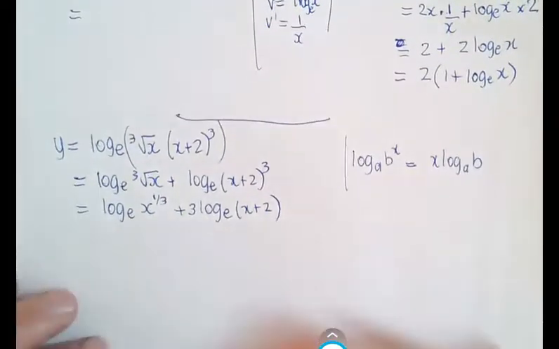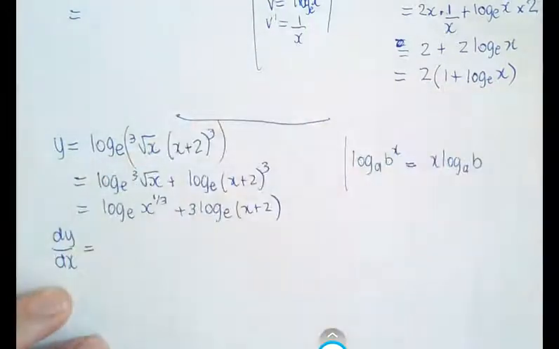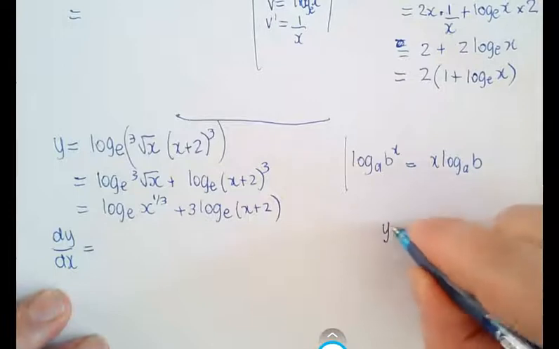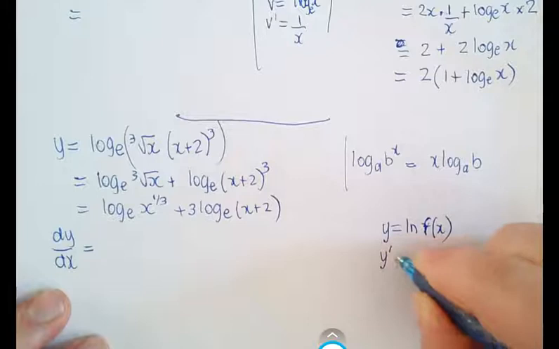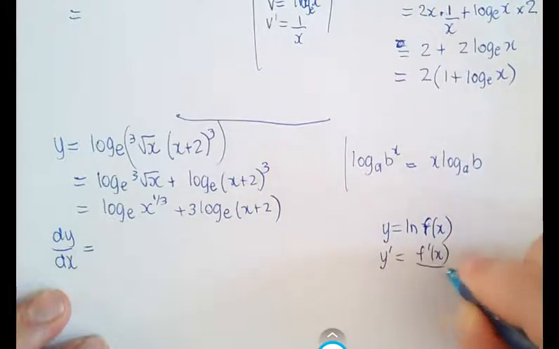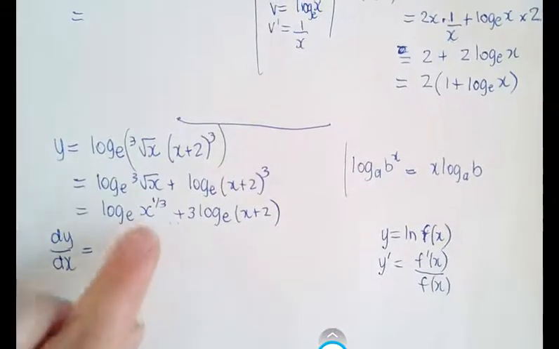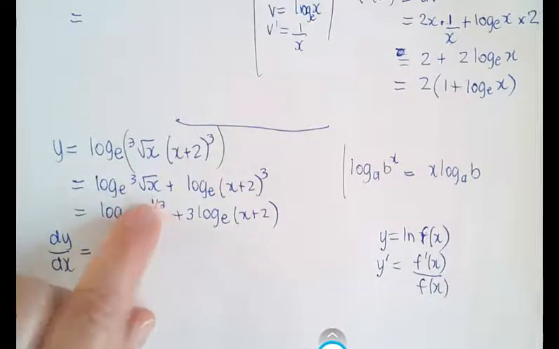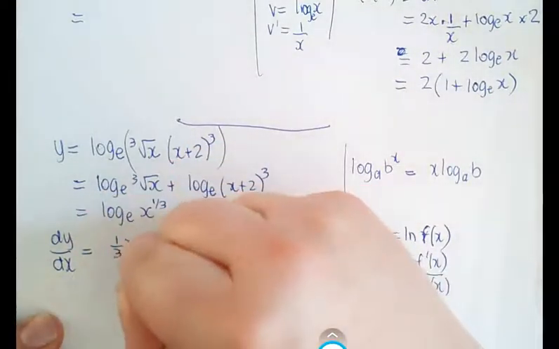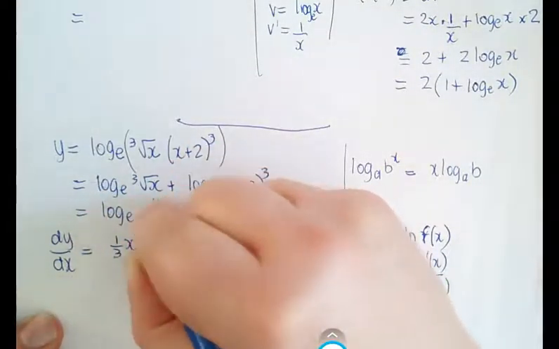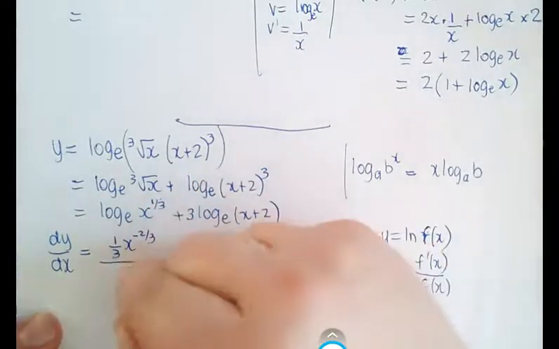Okay, so now you can differentiate. So that's still y, so dy dx is. Applying your rule, we know that if y is ln of function of x, then y dashed, or the derivative, is f dashed x on fx. So you're going to have to do that for each one. Now the derivative, so we want the derivative over the function. So if you differentiate x to the third, you get 1/3 x to the negative 2/3. Remember bringing that to the front, writing the x out, dropping the power by 1,